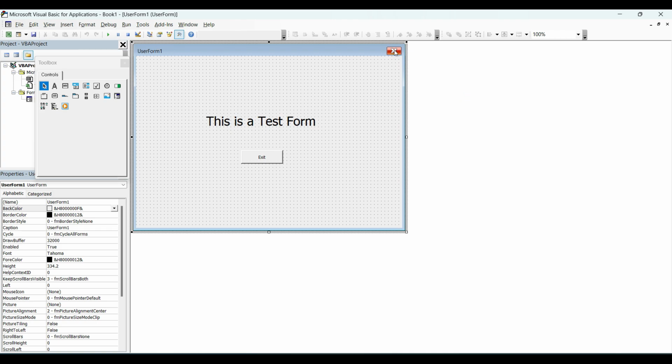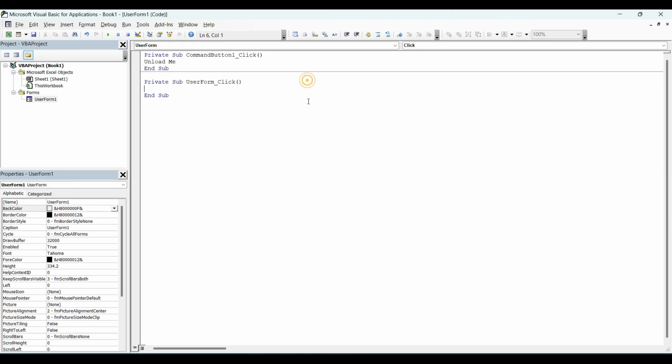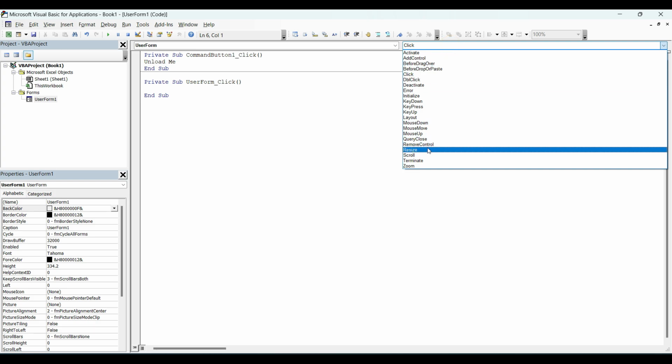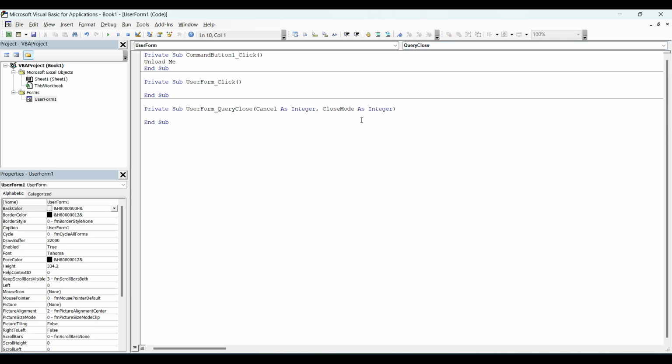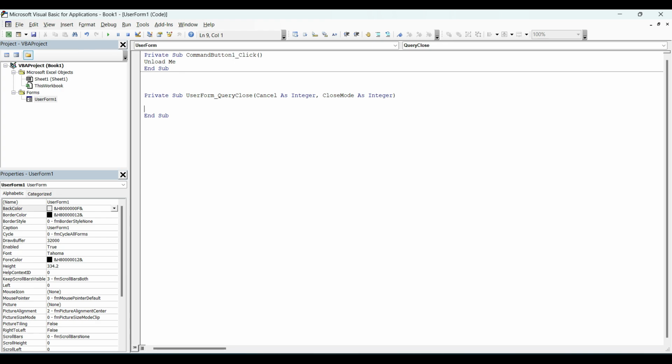And to avoid this close button, what we can do is, in the event QueryClose, we need to write a single line of code. We need to check whether the close mode is vbFormControlMenu or not.